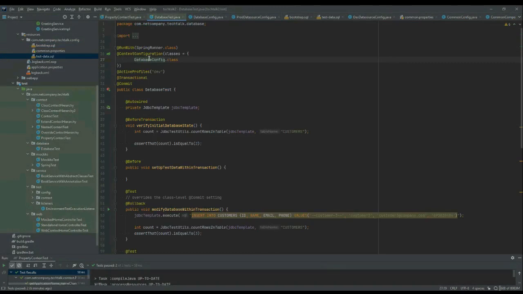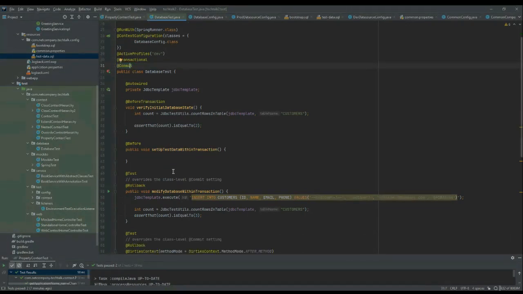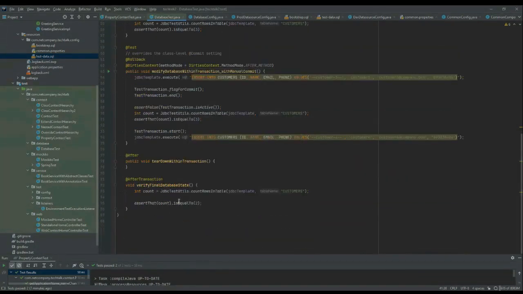So we have this database configuration. This is a typical context configuration. We said we want to use the active profile, so the profile for dev, which creates the database and loads the database with some data. We add this transactional to set that all the methods are transactional. And here, in general, if it is commented, the default behavior is rollback. But here, sorry, we force the default behavior to be commit after each method, just to show you the example. So then we use this before transaction method to verify that we have two customers, and after transaction